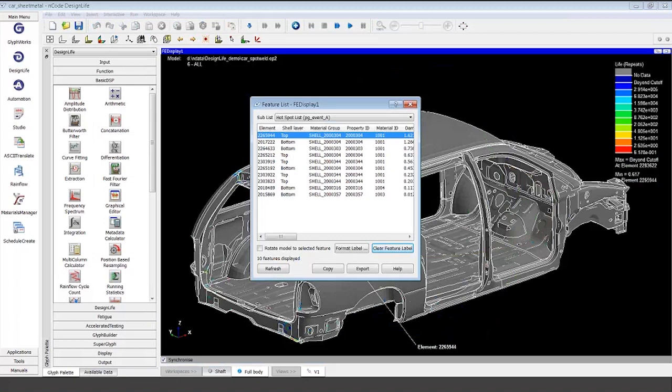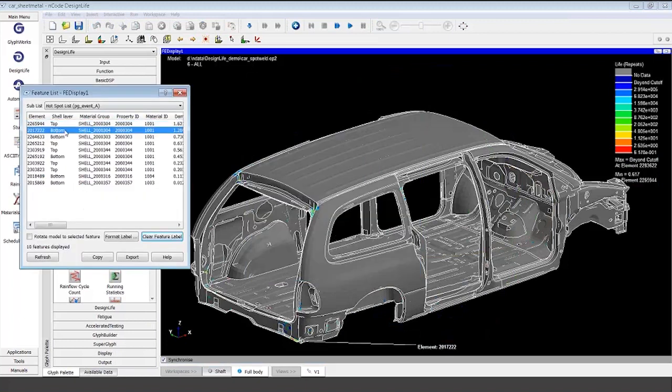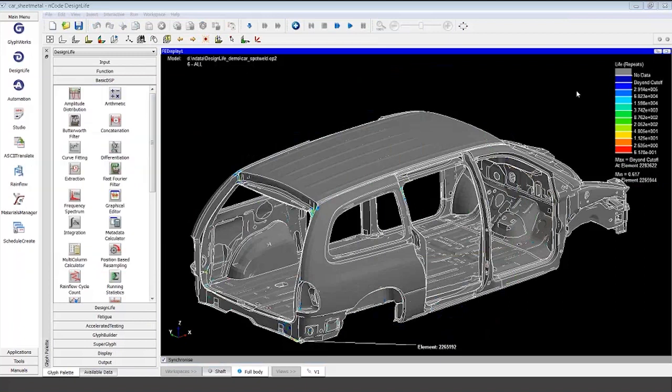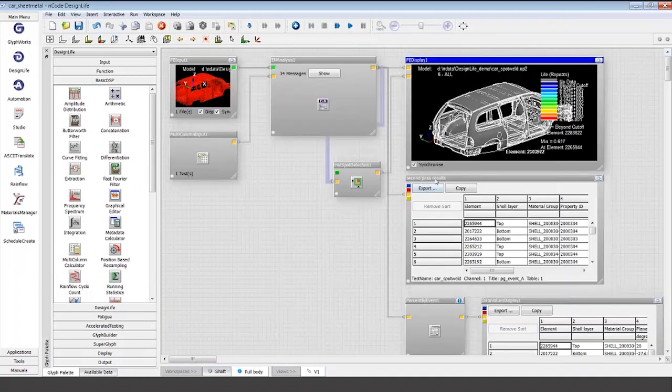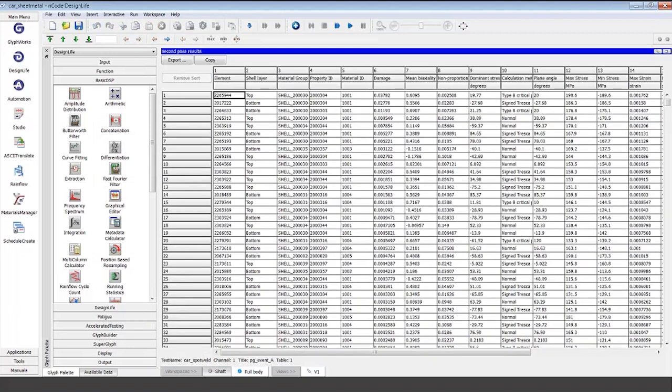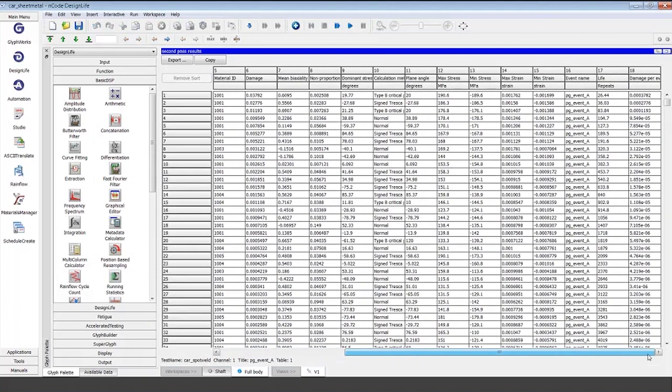I've got what's called a hotspot detection concept running here, so it'll point out to me, of the however many calculation points it used, here are the top 10 different areas of high fatigue damage or low fatigue life. Furthermore, the calculation results are being shown here in this table. So similar information, but now this has fatigue life and fatigue damage presented in a tabular